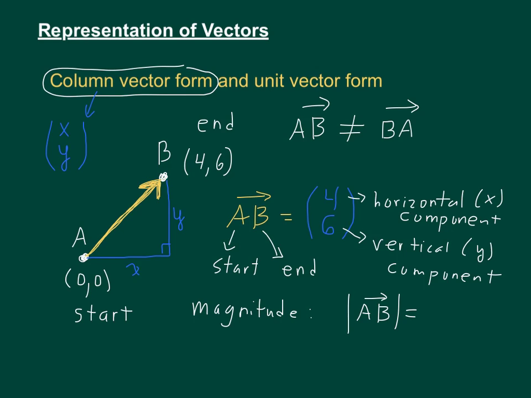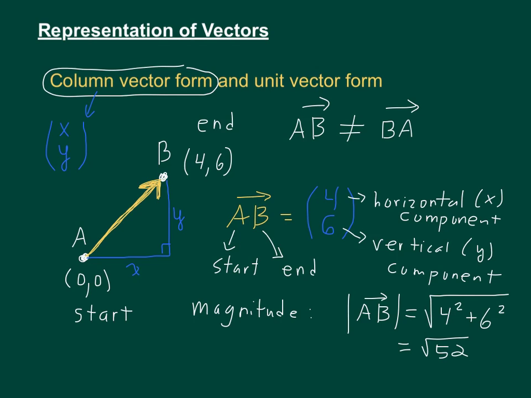Well, you're simply going to use Pythagorean theorem to find the length of your vector because we really have a right triangle. So we would really end up with the square root of 4 squared plus 6 squared. So the square root of 52 would be the length of that vector. Of course, you can turn it into a decimal, but radical 52 would be the exact length of that vector